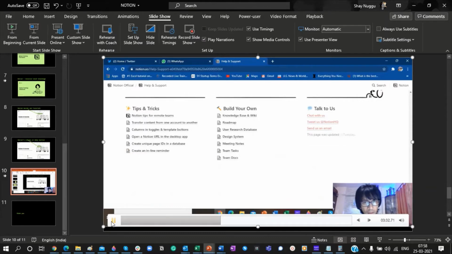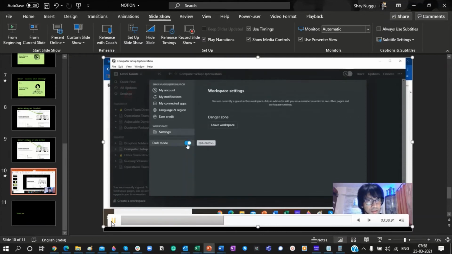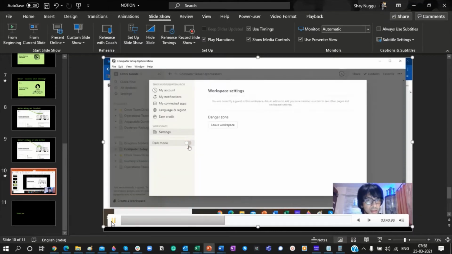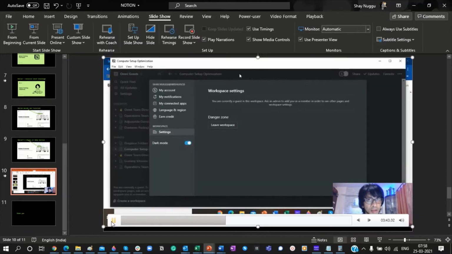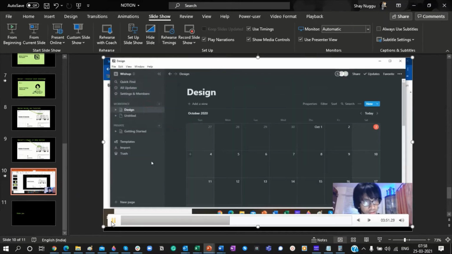There you go. Now let's come to the app. This is how the app looks. Now I have set that in the dark mode. That's the light mode. You can change it in the settings. I have two companies or organizations or workspaces, what they call it, integrated. One is Wishap. Let's go through Wishap first. As you can see,